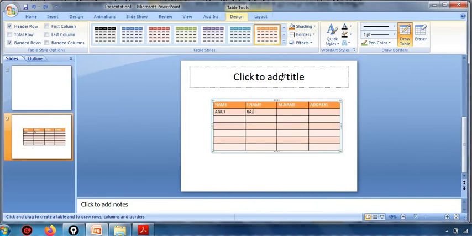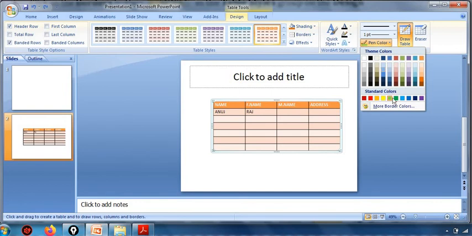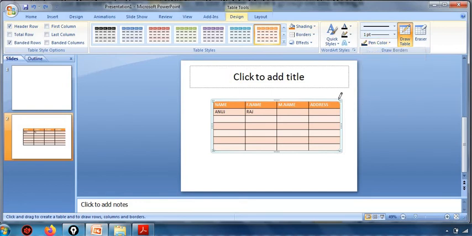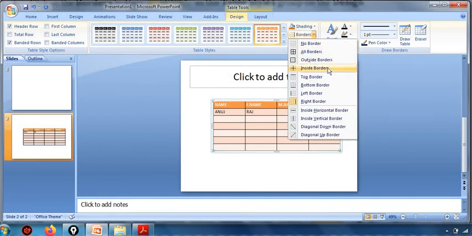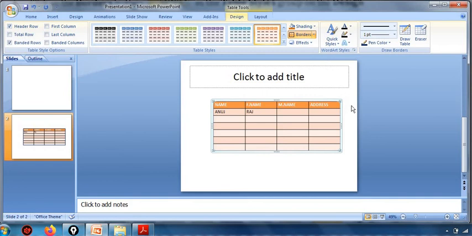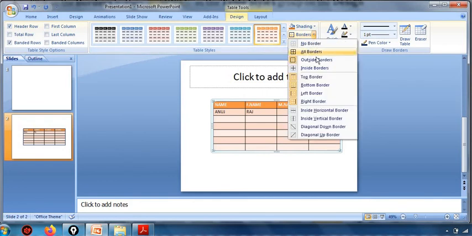So what we have to do is, just after choosing the pen color, suppose I choose this blue, something like this. Now I click on the border. Right now we have changed the border. I am selecting outside border or all borders, suppose all borders.